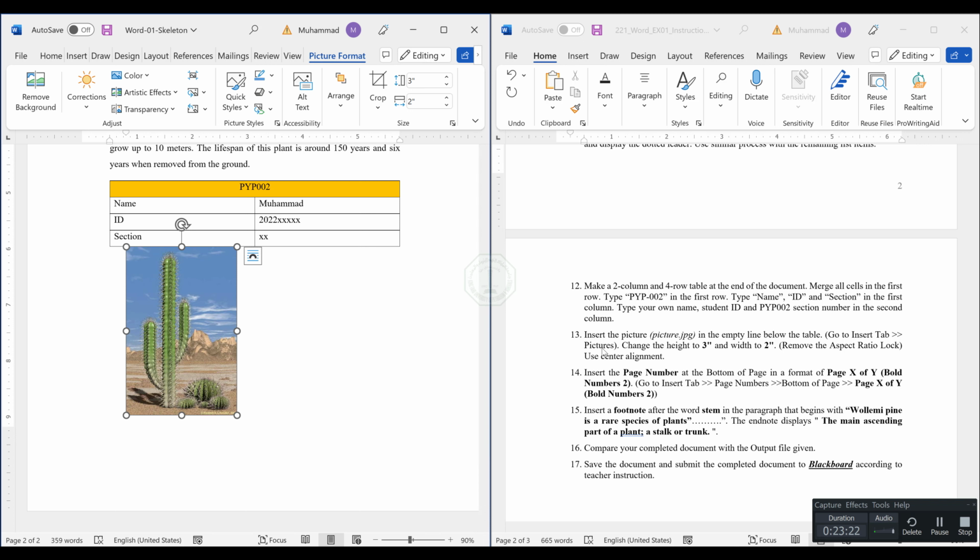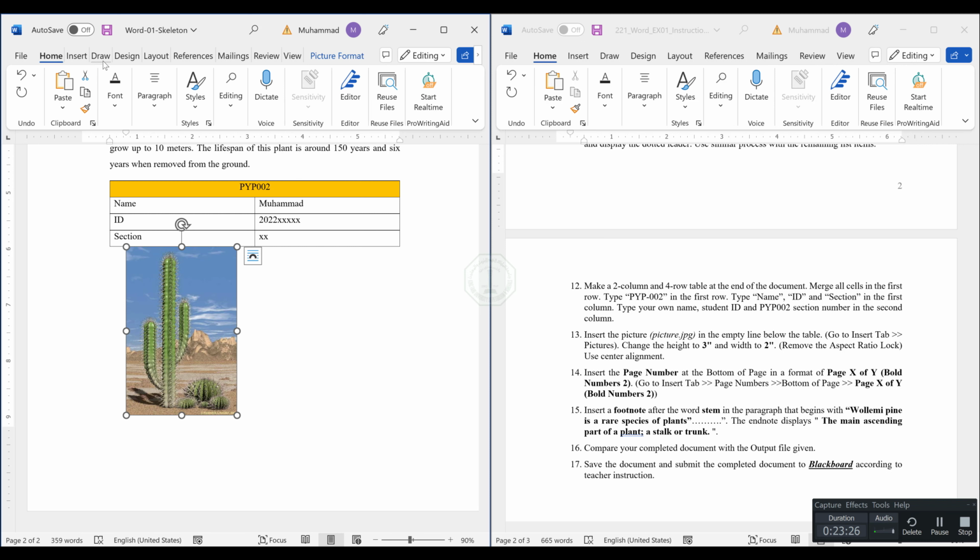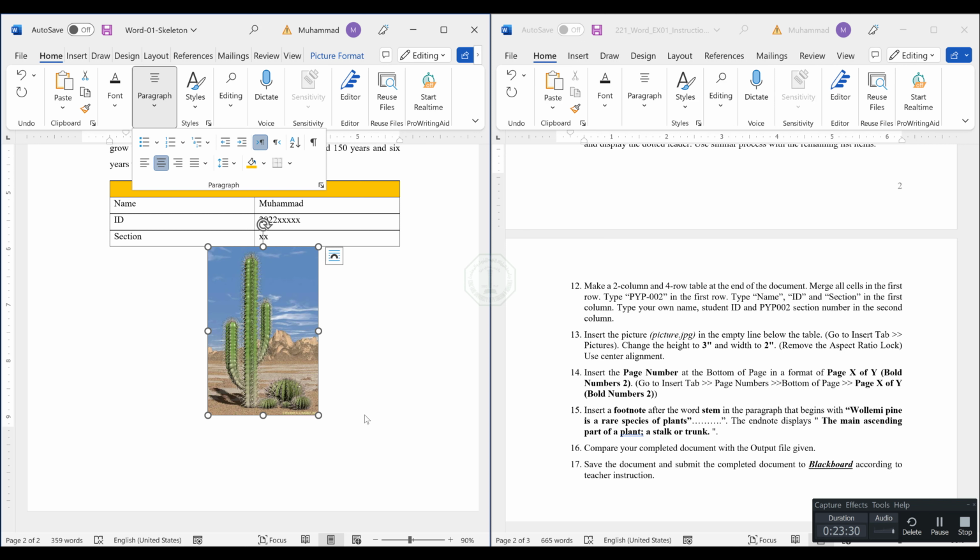And I also need to use the center alignment for this one. So I will go to the home tab. In the paragraph group, I can choose center alignment. Then